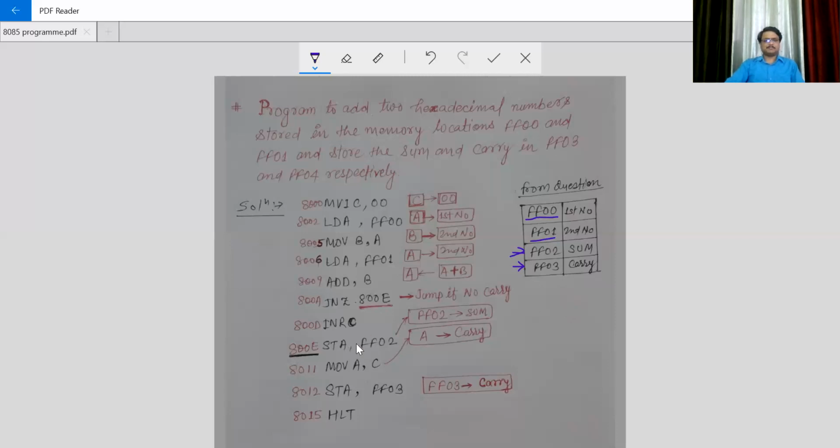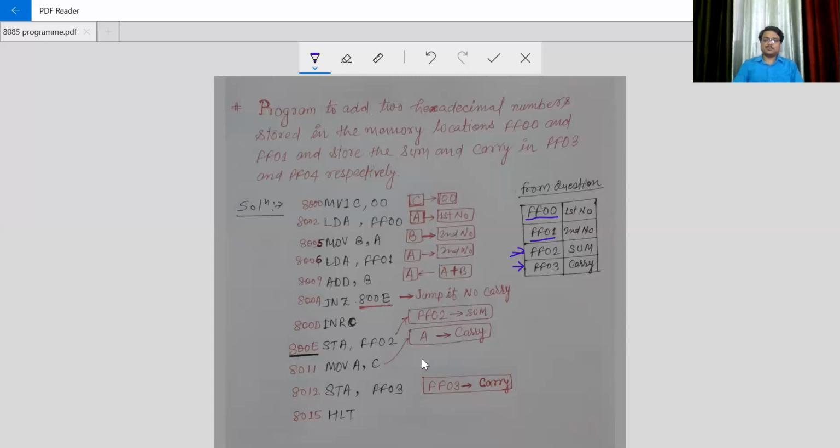Now we'll see one more thing. Let us suppose we retrieve the data from memory, do the other programming, and add it. We will get the sum in the accumulator.